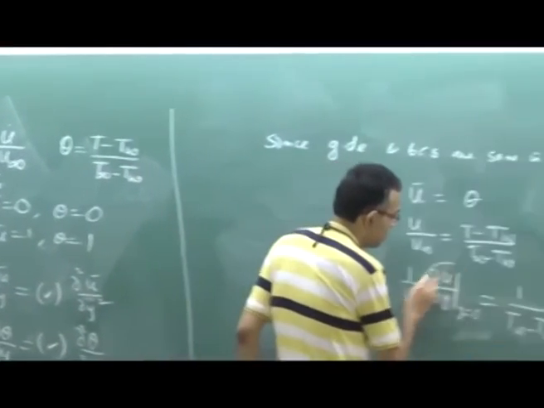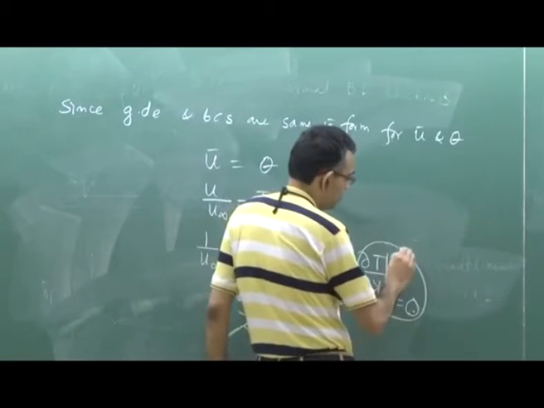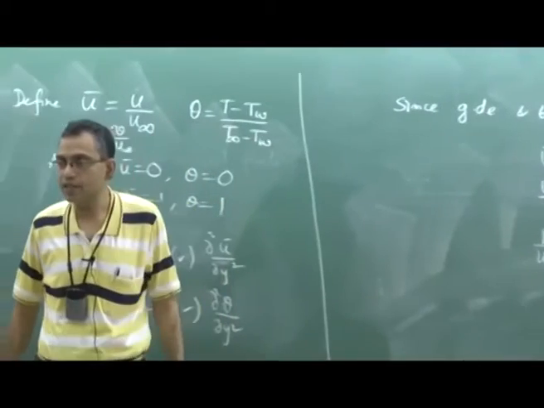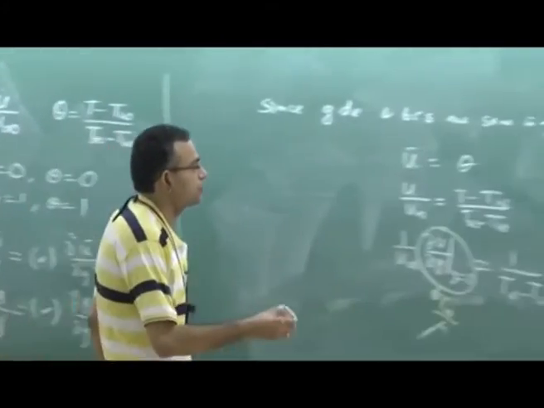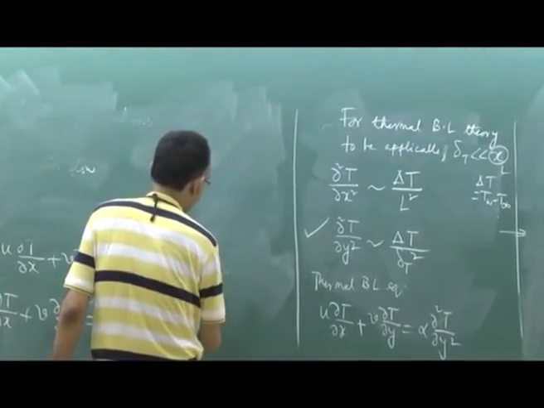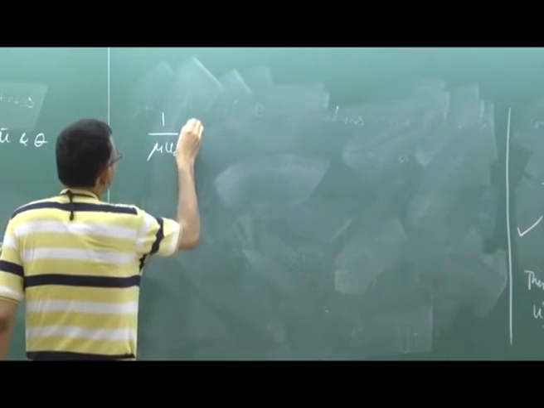So we will differentiate both with respect to y at y equal to 0. So what is this? This is tau wall by mu, right? And what is this? Minus wall heat flux by K. Q is equal to minus K del T del y. So 1 by mu u infinity tau wall